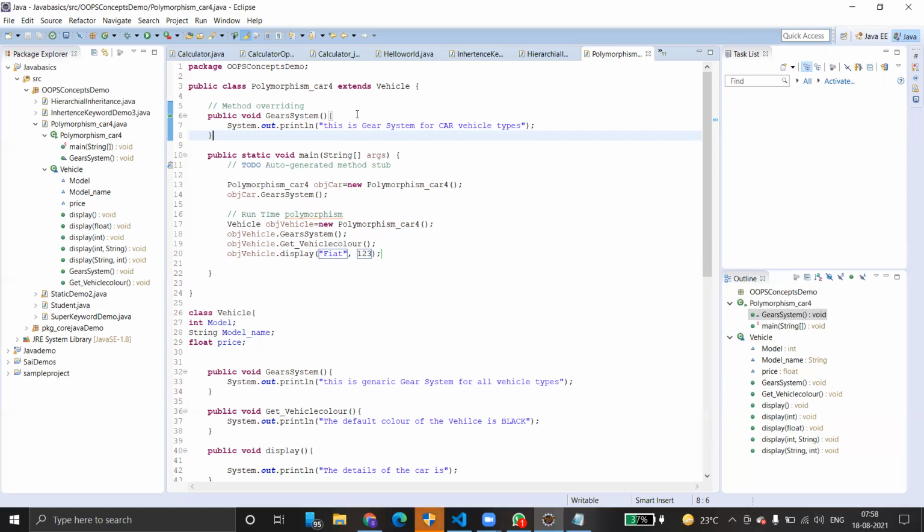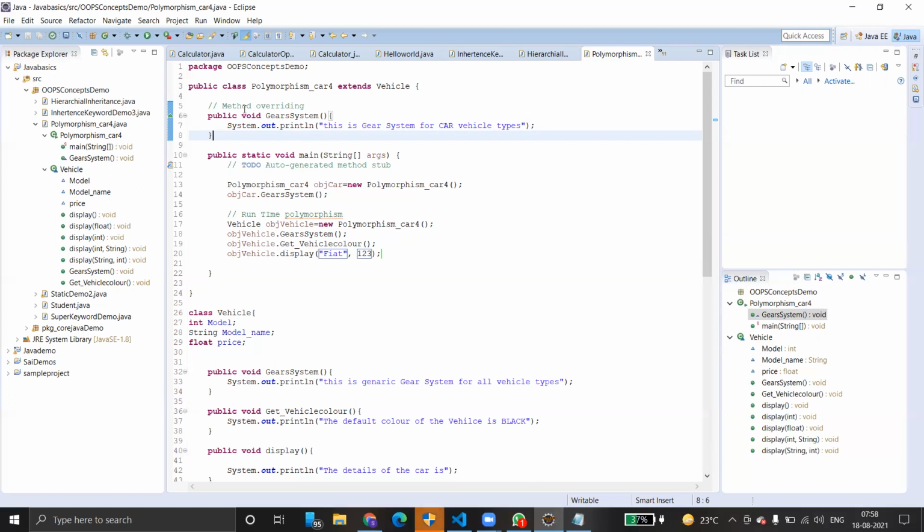But if we write, for example, the display method in the parent class and again the display method in the child class, will it be called method overloading then, with different parameters? That is method overriding because we are overriding the same method in a derived class or a child class.